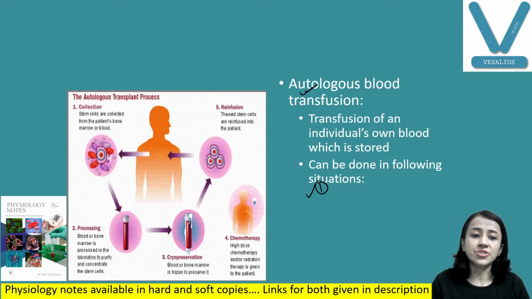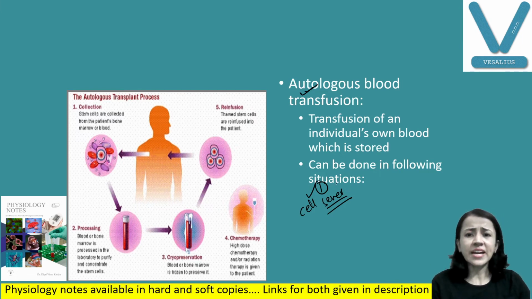And sometimes during surgery, we can use a cell saver machine. What can this cell saver machine do? It sucks blood from the wound and recycles it, and the same blood is given to the individual. What are the advantages of autologous transfusion? The person will not have an allergic reaction, and the person will not get a transfusion-transmitted blood-borne disease. So these are the advantages.